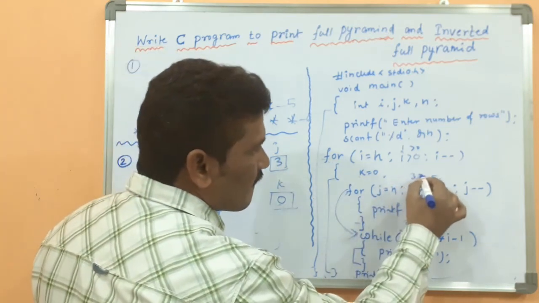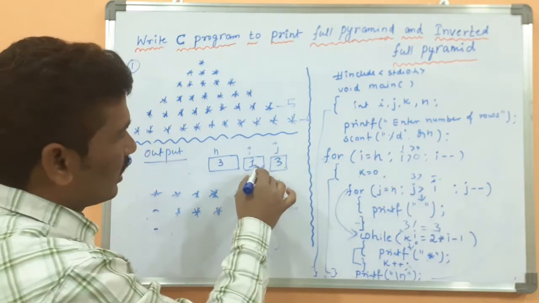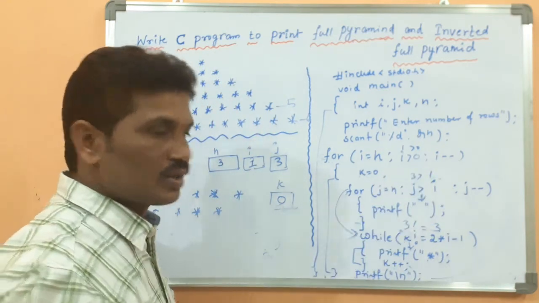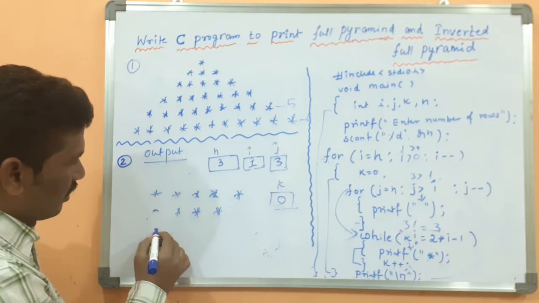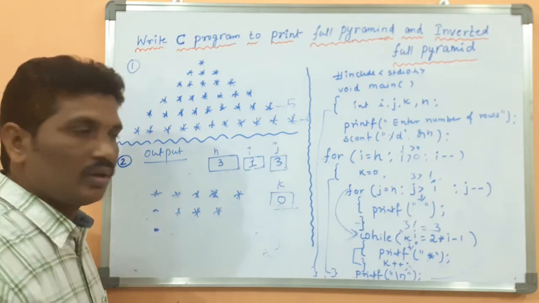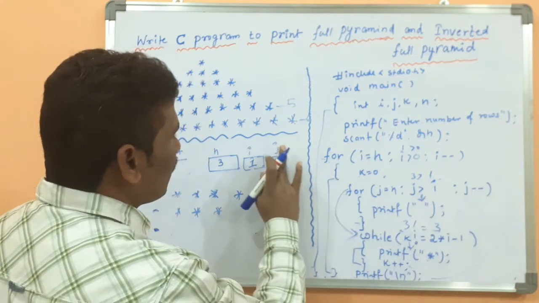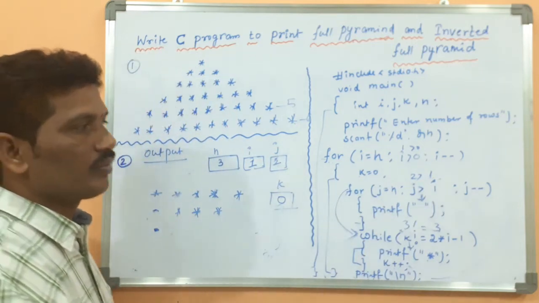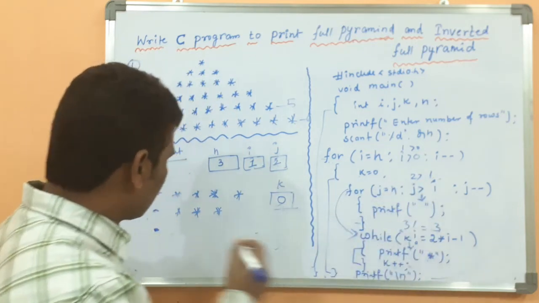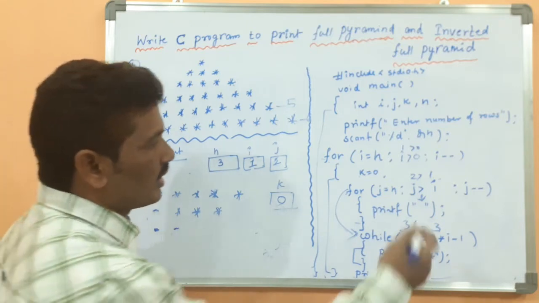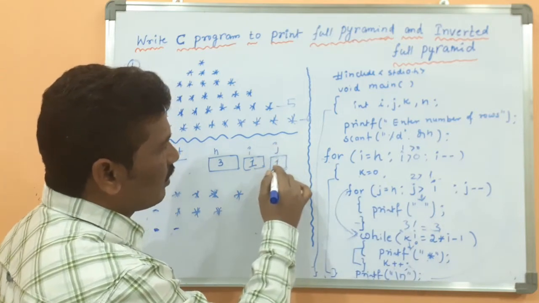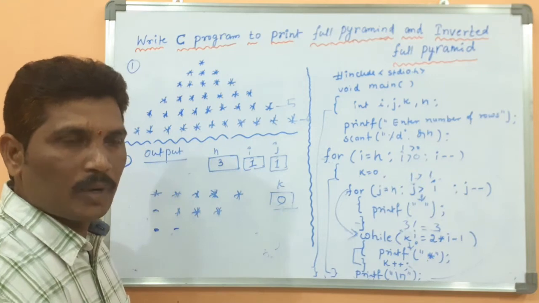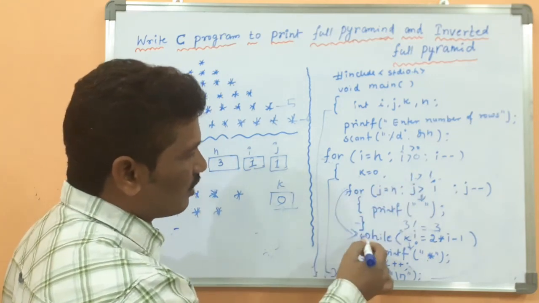Then 3 greater than, what is the I value? Look at here. I value should be 1. 3 greater than 1, the condition is true or false? True. Then a space should be printed over here. Then j is decremented by 1. J value becomes 2. Then 2 greater than I, the condition is true or false? True. Then another space should be displayed. Then j value is decremented by 1. J value becomes 1. 1 greater than 1, the condition returns false. When it is false, then control will come to here.